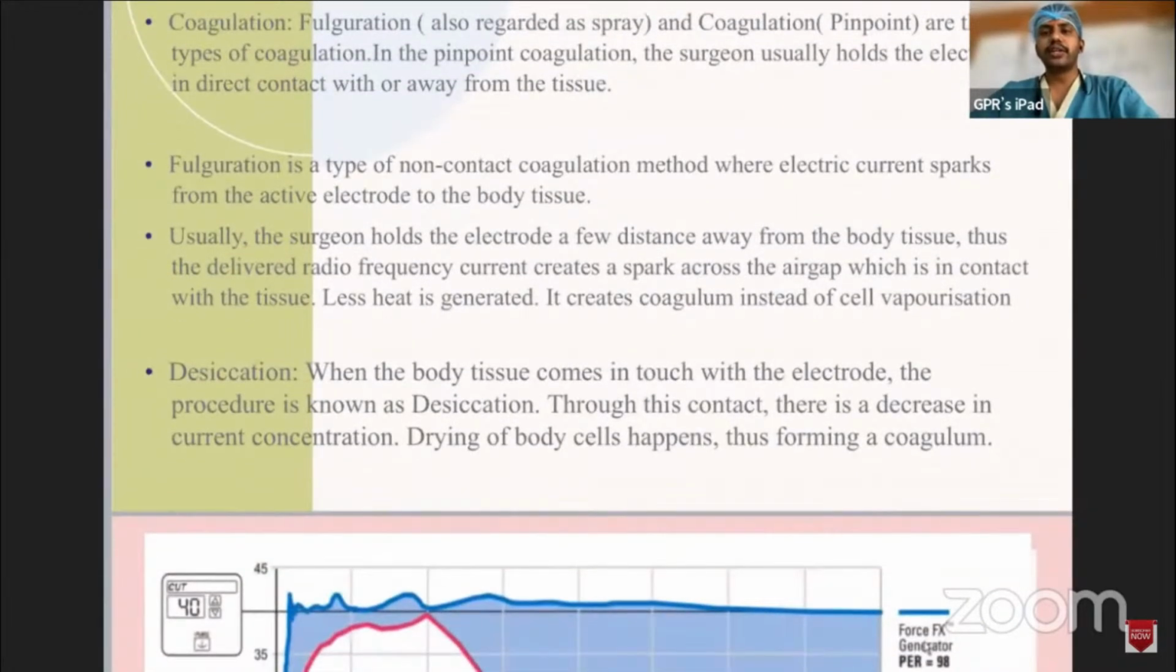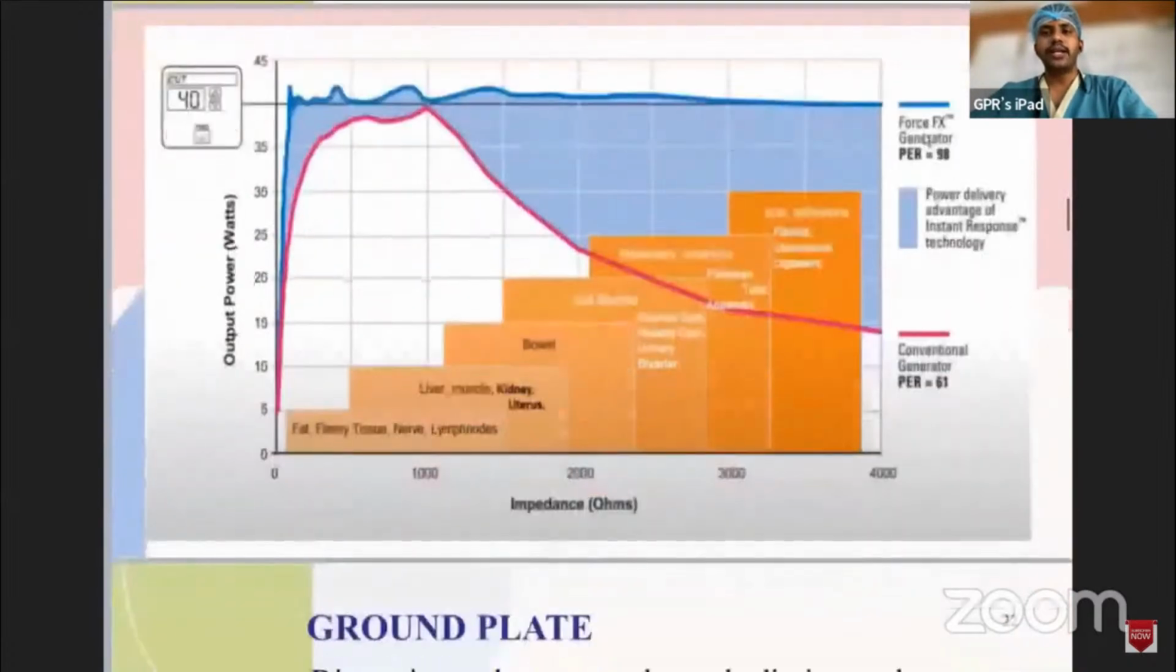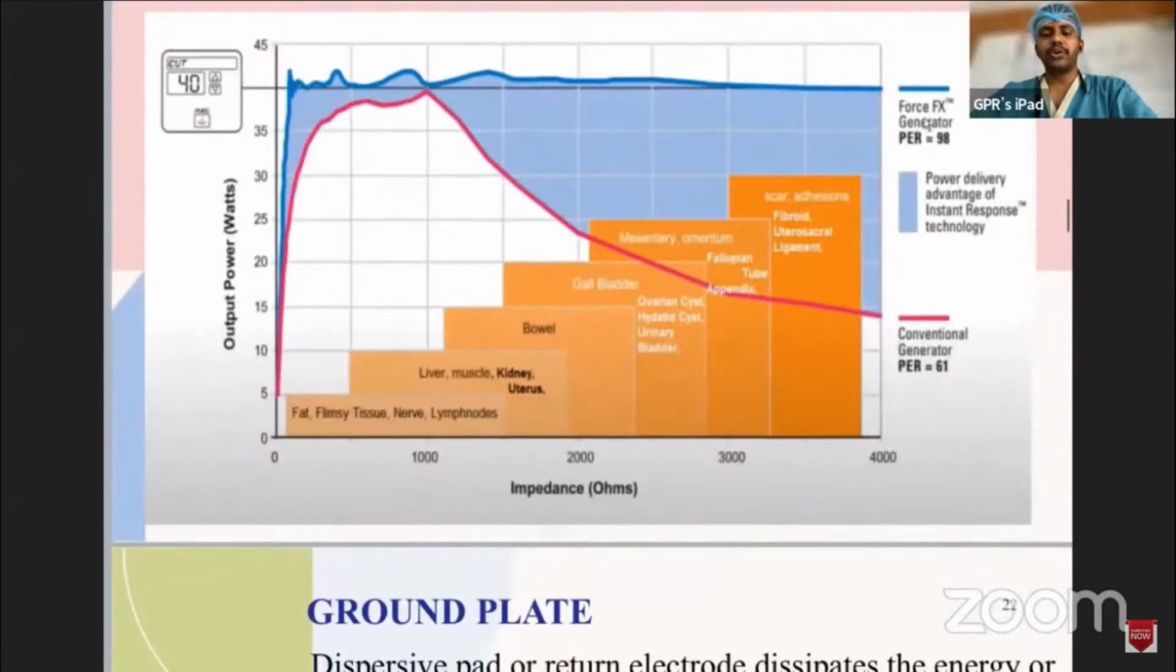So fulguration is a non-typical, non-contact coagulation where the electric current sparks from the active electrode to the body tissue without even contact. There is a rule called Tate's rule: whenever a surgeon is holding the electrocautery pencil, that person must also hold the foot pedal of the electrocautery device, to avoid unnatural communication and unwanted electric burns. Electric burns that can happen to the patient's body are always